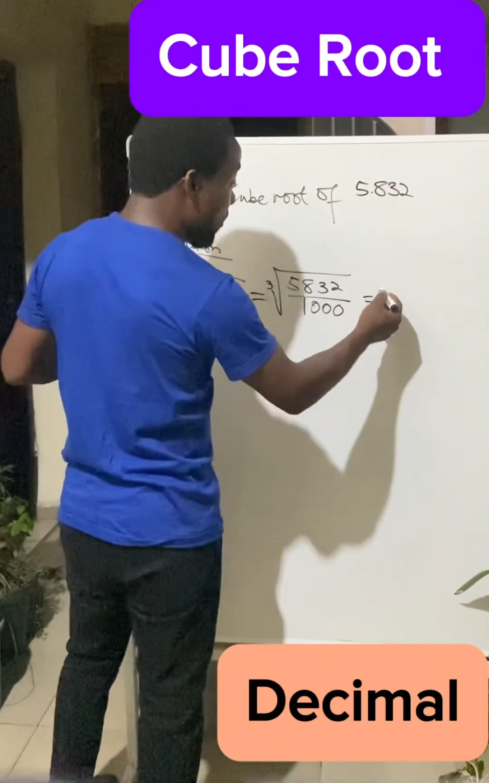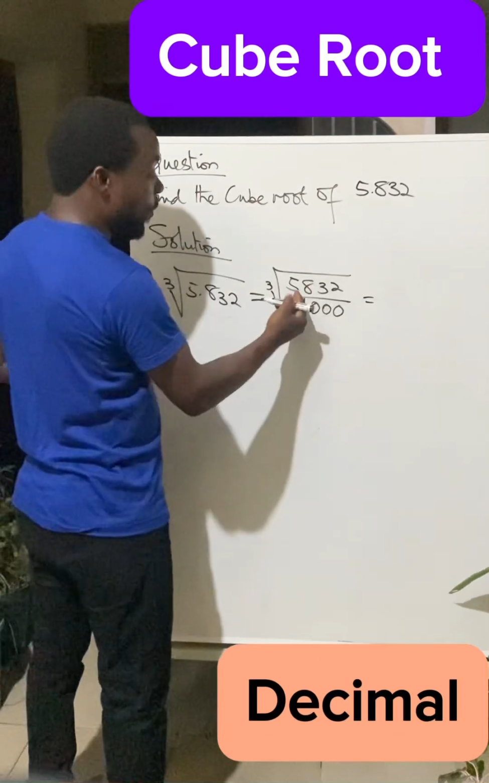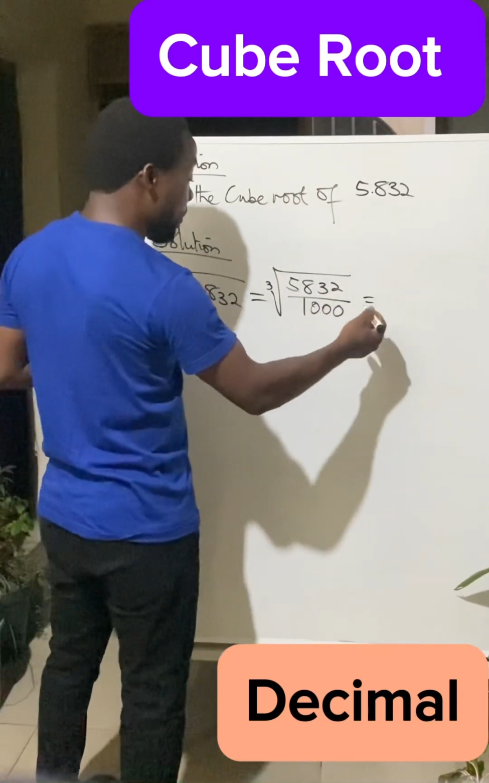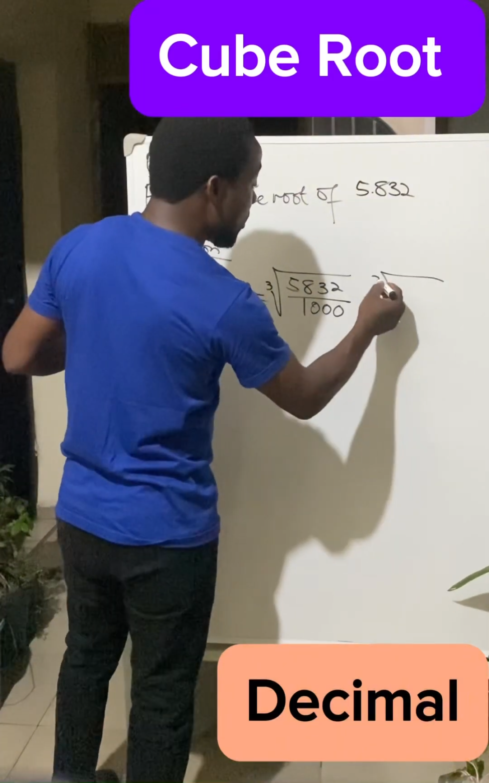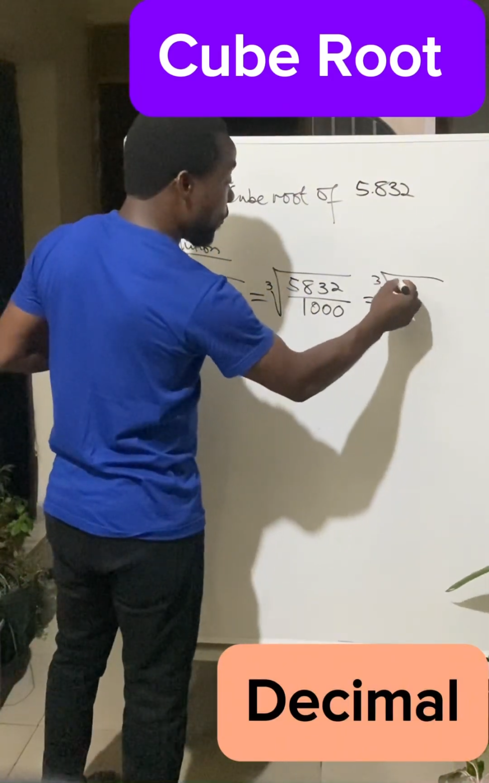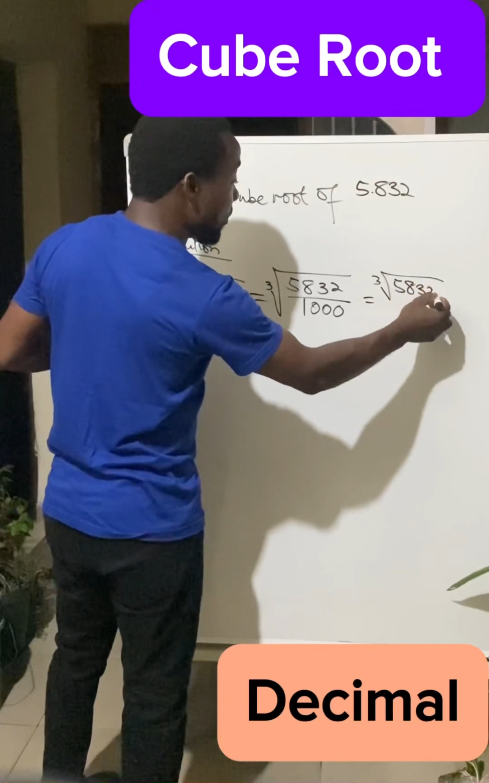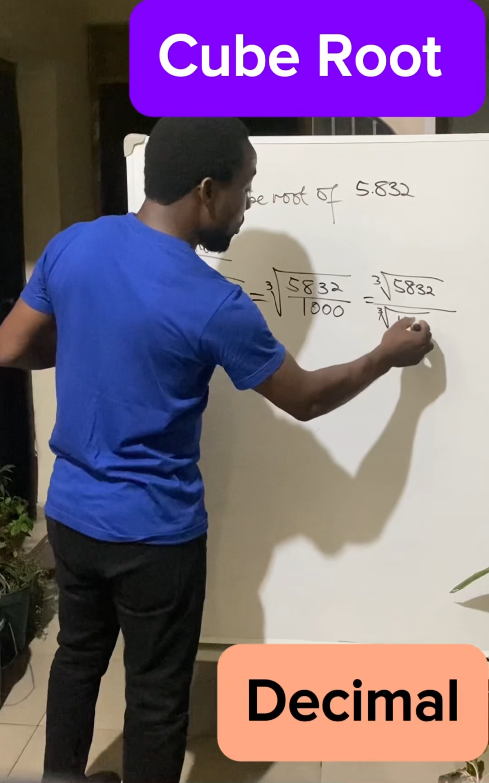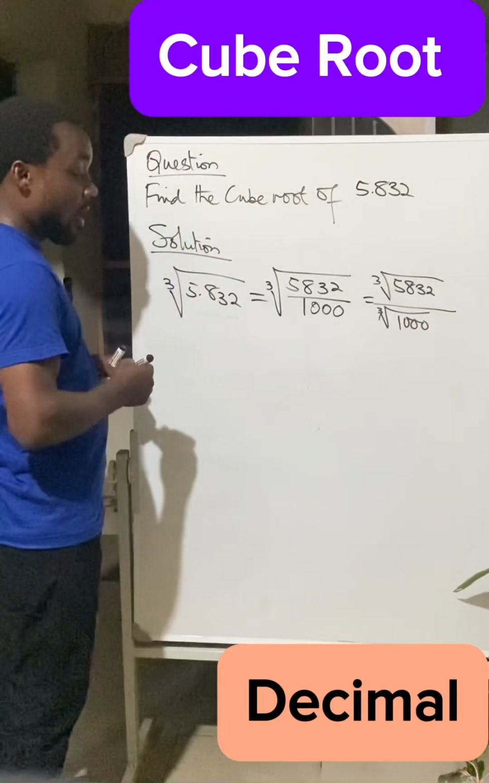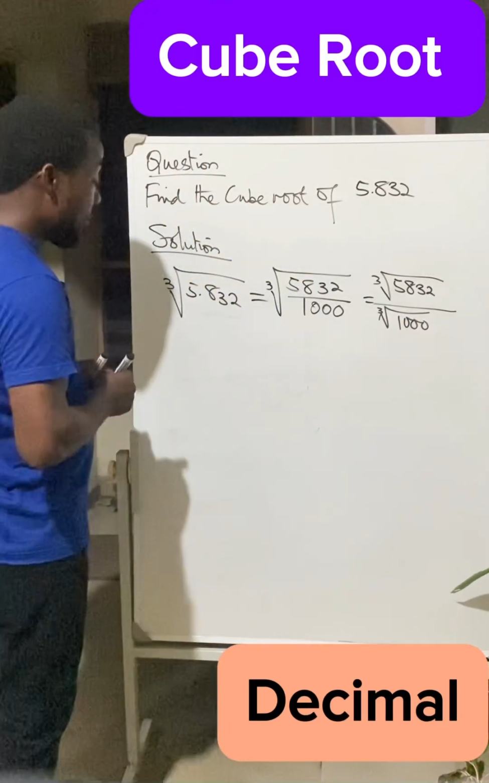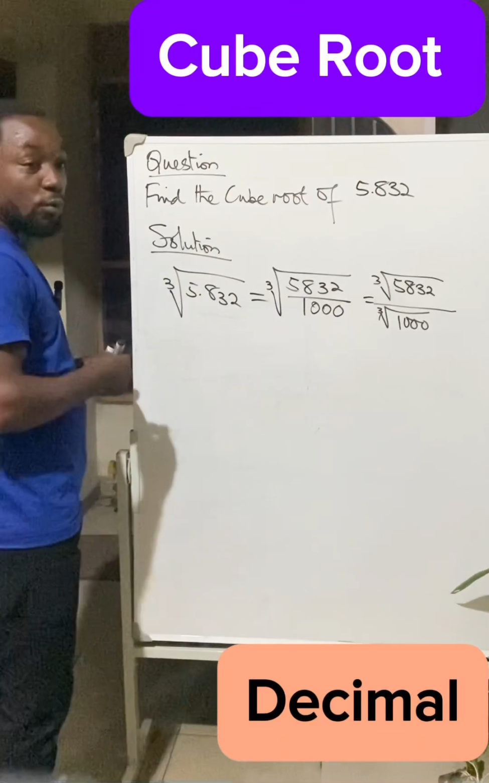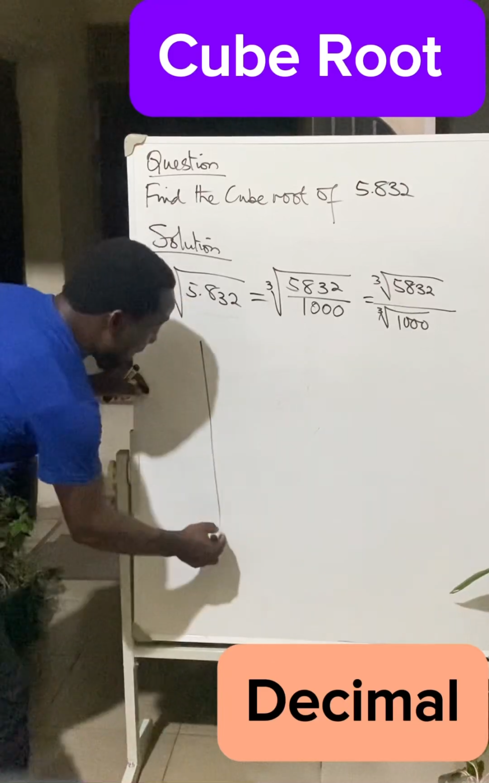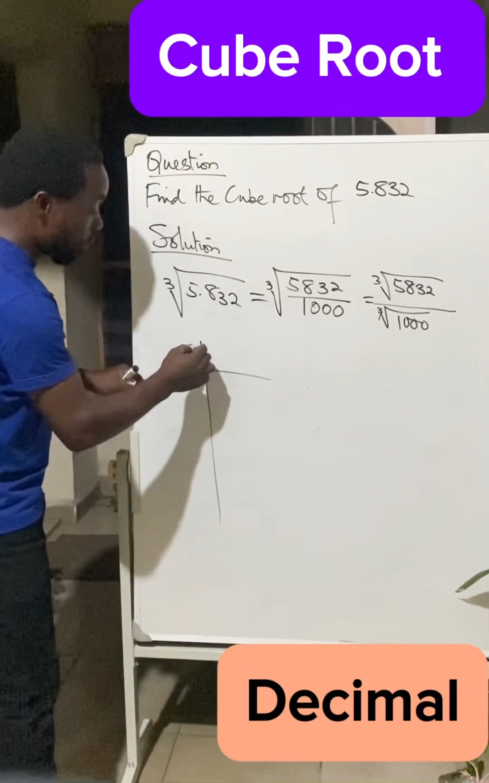So this is going to give us something like the cube root of 5,832 over 1,000. We simplify this and it becomes the cube root of 5,832 over the cube root of 1,000. And now I'm going to show you a very simple method of finding the cube roots of numbers. Let's use the continuous division method. So we have this. I want to first find the cube root of